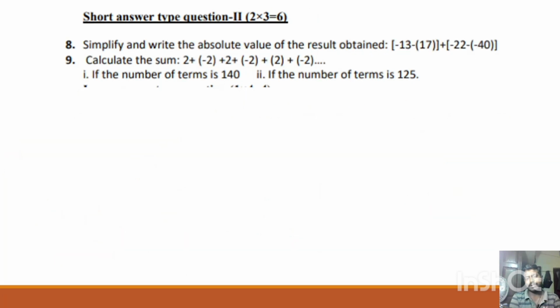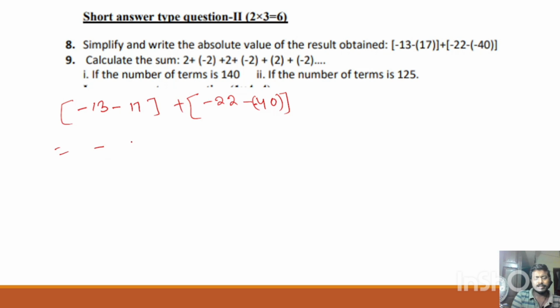Simplify and write the absolute value of the result obtained. Okay, -13 -17, then square bracket, plus -22 -40, sorry, -40, then again square bracket. Okay, first solve, that is same sign means we add, that is 7 3 10, 0 carry 1, 30, so